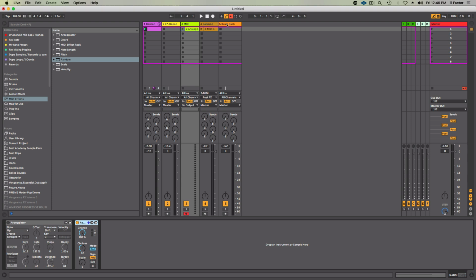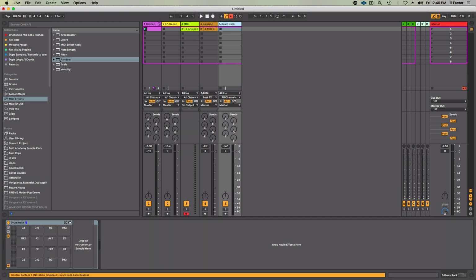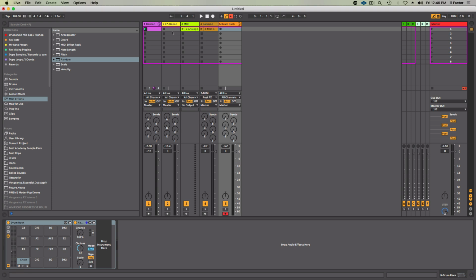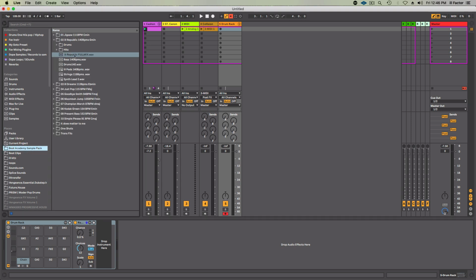So going back to what we did with the drum rack, let's have an empty drum rack here, and let's put the random plugin here. And then what we're gonna do is, let's go ahead and incorporate a sample. So let's say I have a drum break. Let's go to Beat Academy sample pack. All right, we'll drag and drop that in here. So now